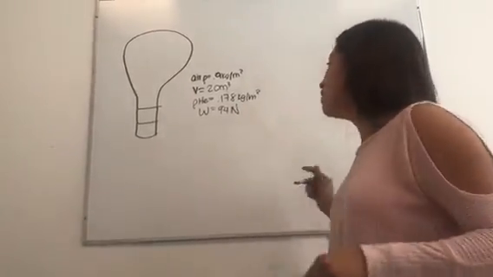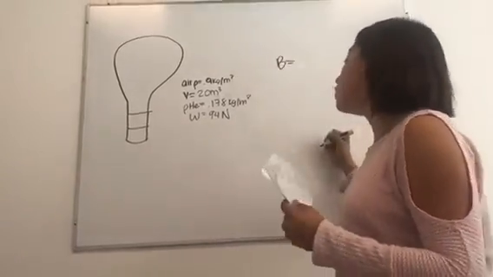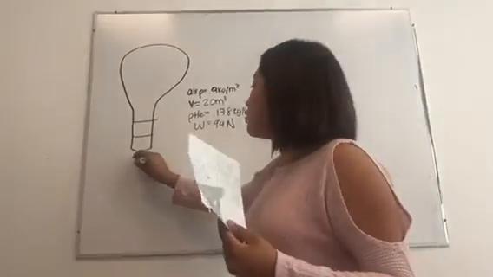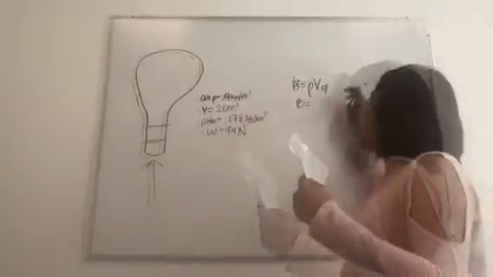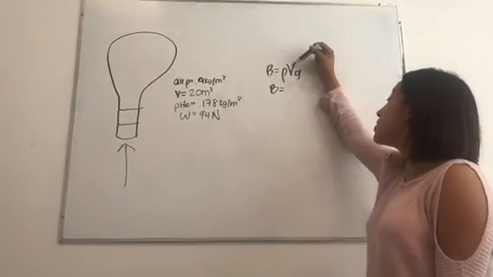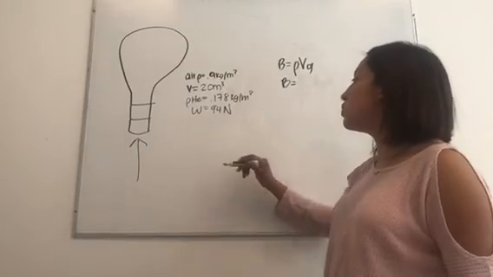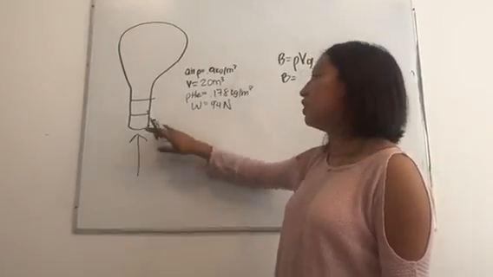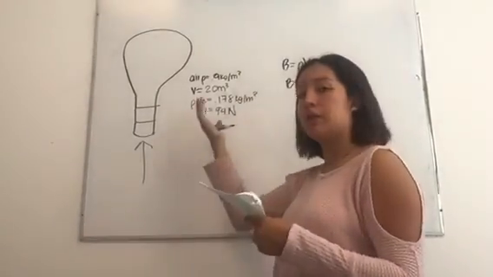So the first thing we need to do is to calculate the buoyant force. Why? Because we need to know what's the force that lifts the balloon up. So the formula of buoyant force is density times volume times gravity. So we're going to use the air density because we're going to calculate the force of the air that is being applied to the balloon to lift it up. So we have the buoyant